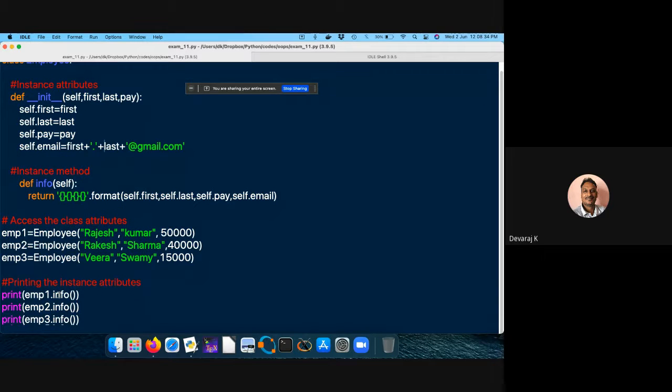So info, where is it defined? Now it should be coming properly. emp1, emp2 info, colon. So return, dot format, in the bracket everything is fine.